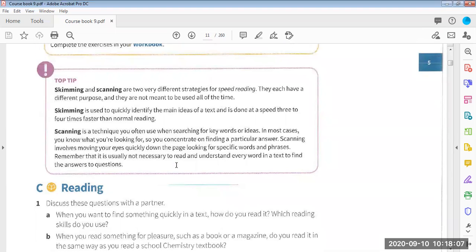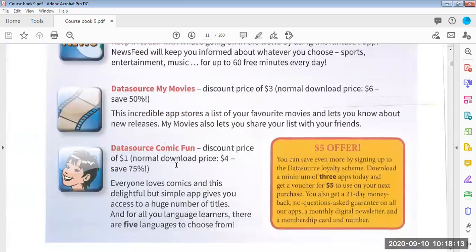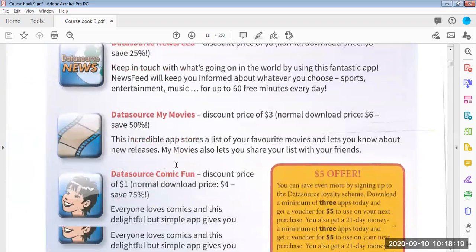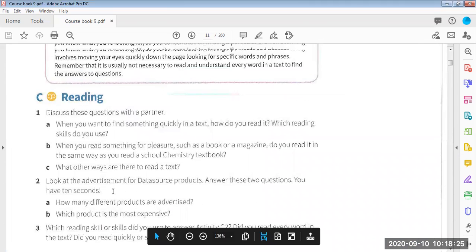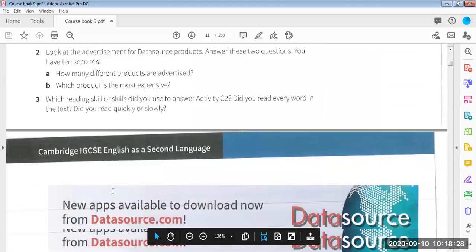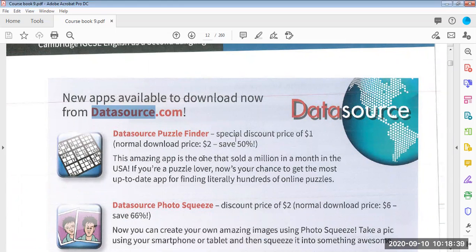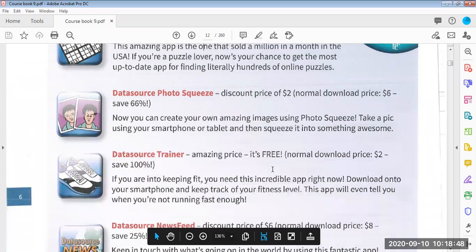In the scanning technique, we read the text from up to down like this. We move our eyes from top to bottom on the page to find our correct answer or to find the keyword, because in every question we have one keyword. For skimming, we read the text quickly from left to right. Mostly we read headings, and bold text like this. This is the bold text. Sometimes we read the first sentence of the paragraph and the last sentence of the paragraph, so we get an idea about the paragraph.